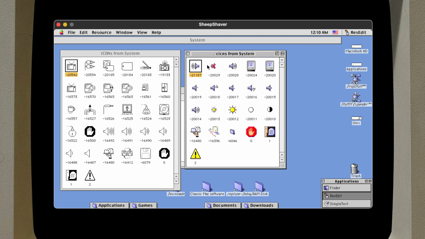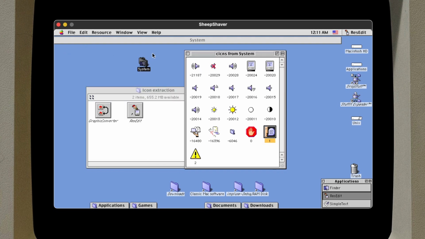And when they correspond like this, there are generally matched pairs with the same ID. Not actually in this case, though. Well, there are a few of them. Like ICON ID 0 and cicn ID 0, right? And ID 1 and ID 2. And the Apple share icon. And that's actually pretty much it for these two icon types. There's another